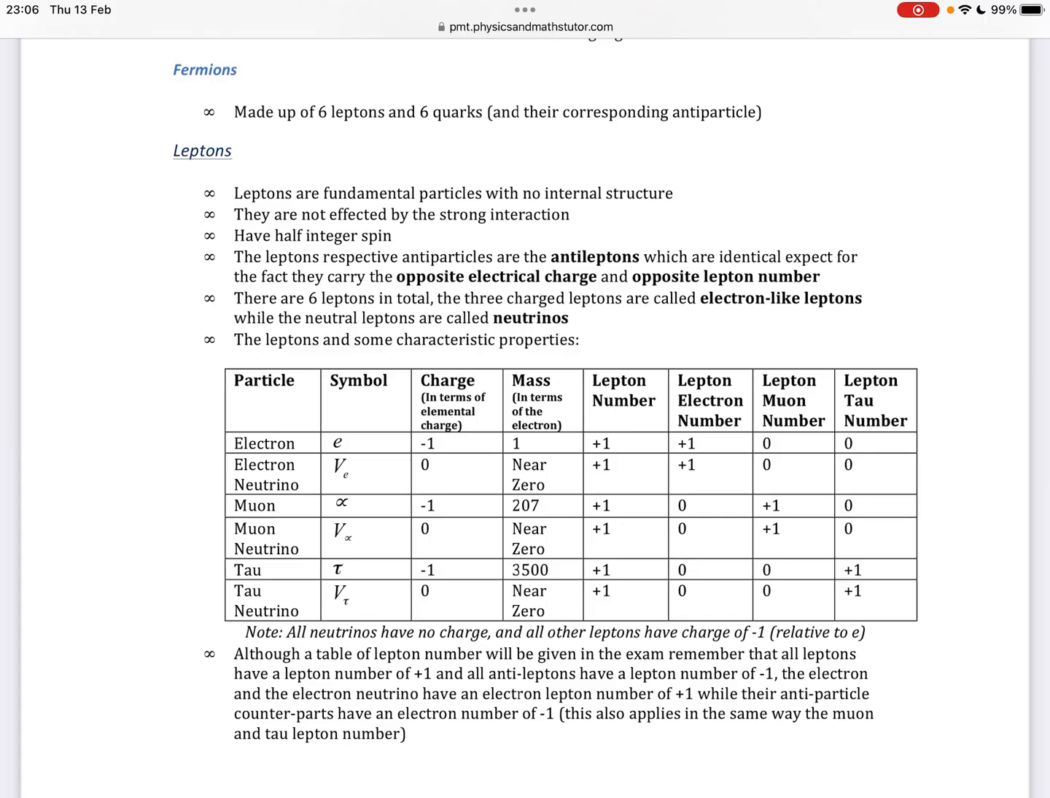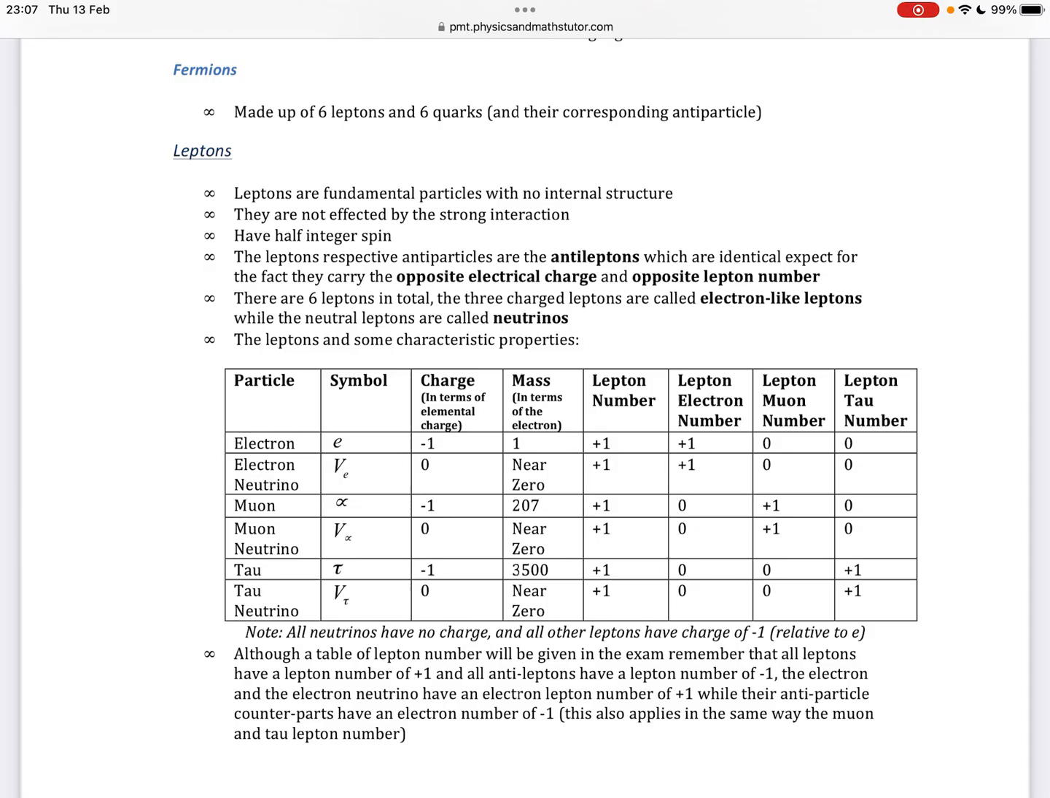The 3 charged leptons are called electron-like leptons, while the neutral leptons are called neutrinos. The leptons have some characteristic properties. Basically, the electron has symbol e, charge -1, mass 1, lepton number +1, lepton electron number +1, lepton muon number 0, lepton tau number 0. Electron neutrino, symbol νe, charge is 0, mass is near 0, lepton number +1, electron number